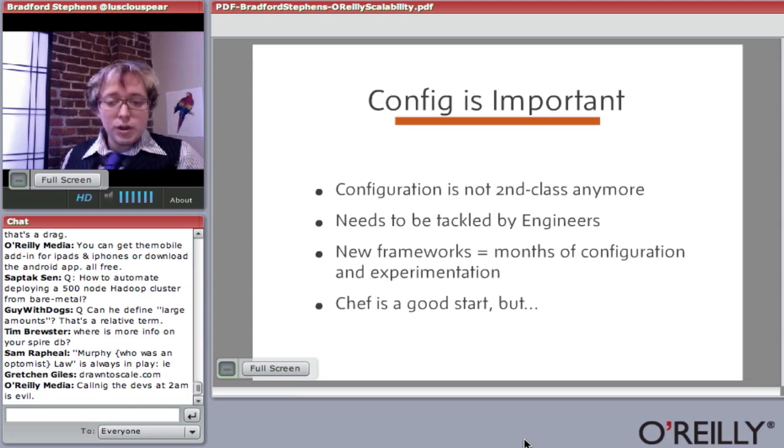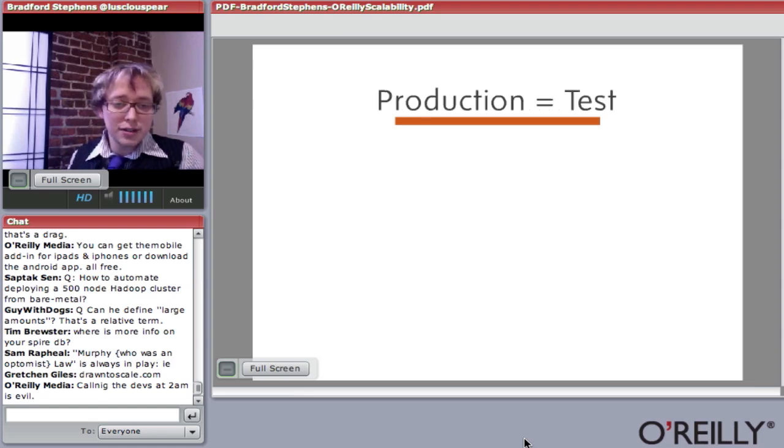We use Chef a lot internally with our Spire database, but there are things out there like Chef or Puppet that bring together development and operations to make these deployments easy. Chef has come a long way, but it still can be kind of a pain to get started with. And they've got a really great community there at OpsCode. But you have to dedicate resources for engineering these problems, when before you could basically just install the thing, click a few buttons, and it would just go forth and conquer. Configuration should be on your backlog and is just as important as rolling out new features.